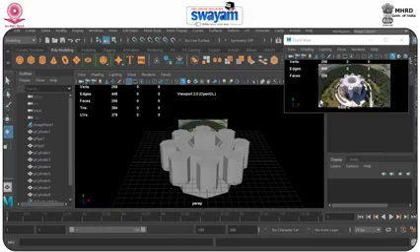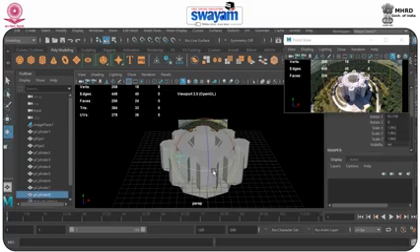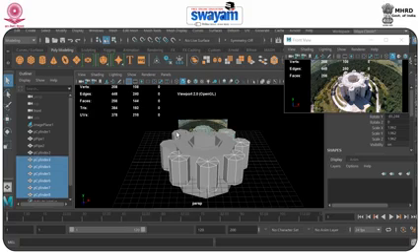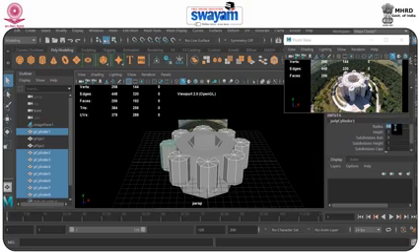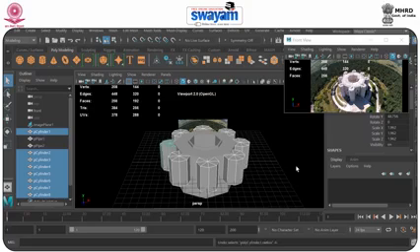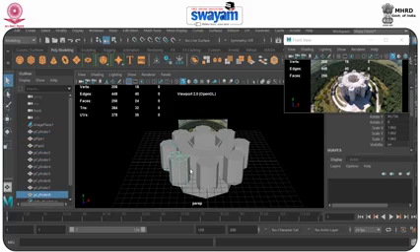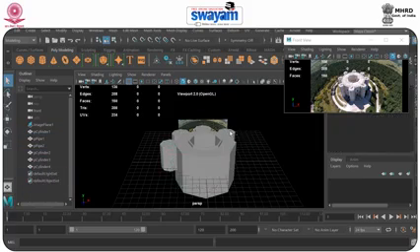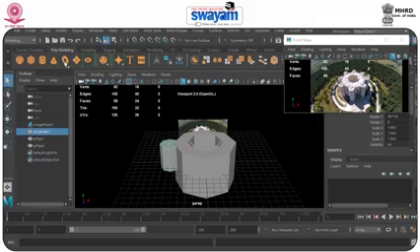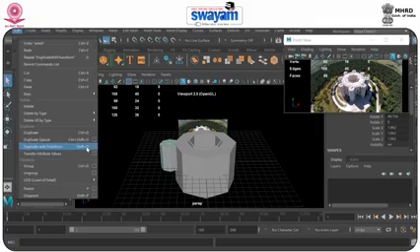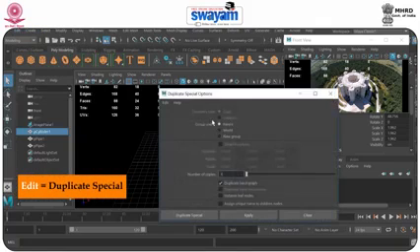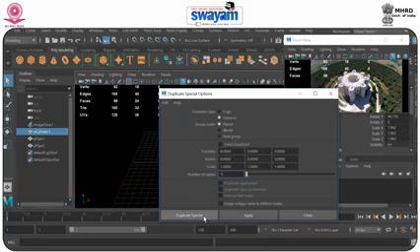Now what is the problem here? The radius should be a little less, so manually we have to put the value on all of these models. Or secondarily, what you can do, at the type of duplicate special, edit menu, you can use the instance option.